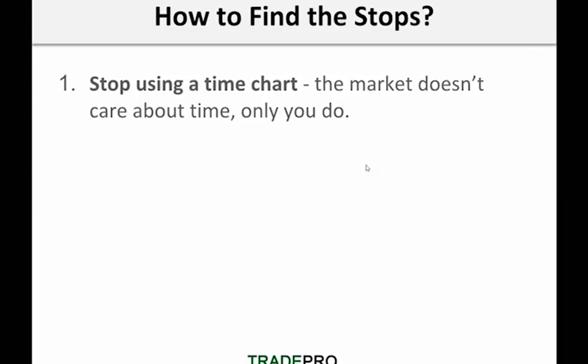If you're looking at a 15-minute, 30-minute, 1-hour chart, 1 day, 1 week, none of that means anything. You need to look at a chart that's based on volume or based on market rotation. If you don't know what market rotation is, I'll cover it very quick for you. Markets don't go vertically down. They go down, they rotate up. They go down, they rotate up. Every product rotates in different unison.